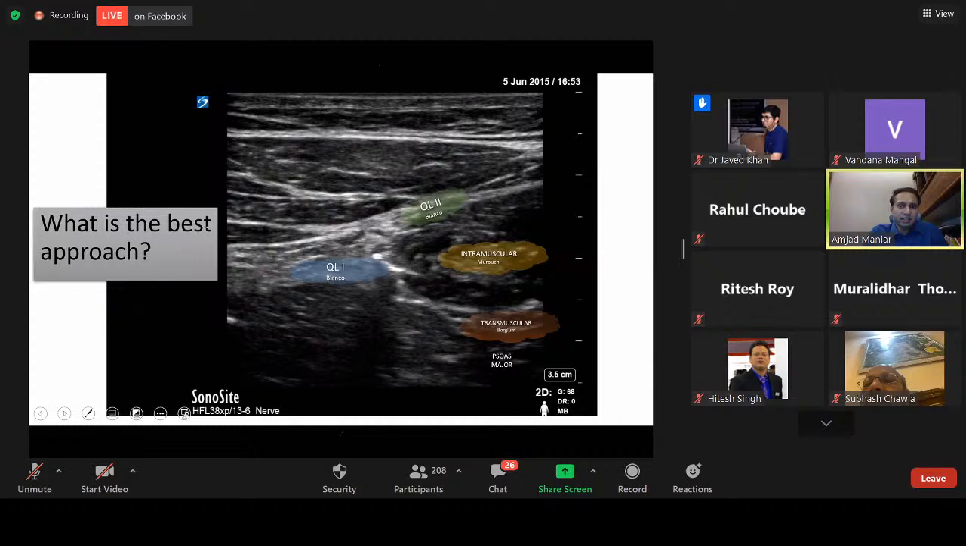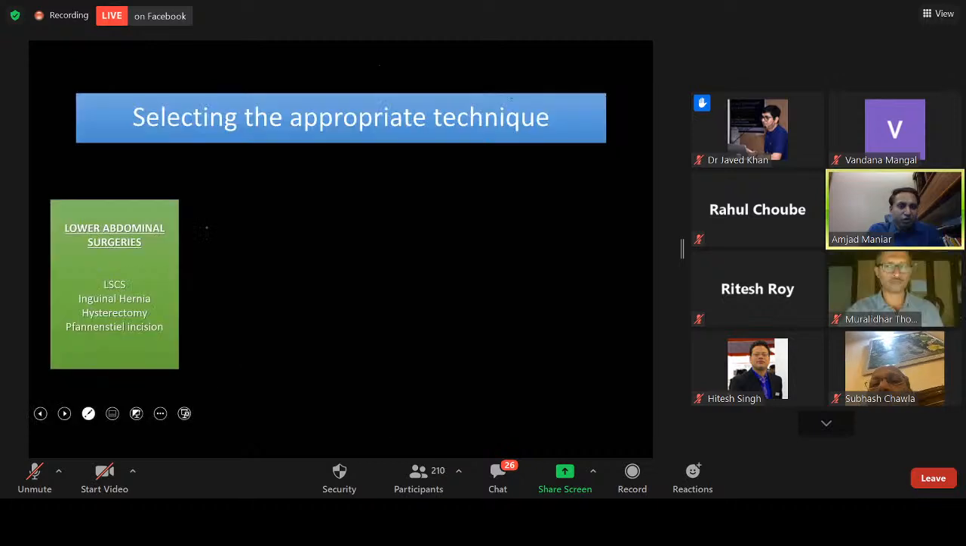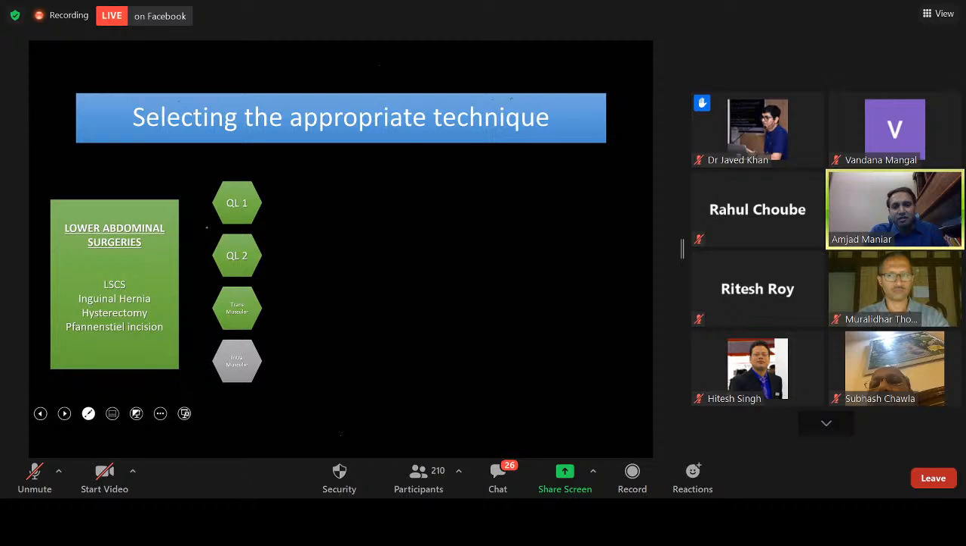So what would you select if you're doing a lower abdominal surgery? Pretty much anything would, since L1 and T12 are very consistently blocked with this block, so you can pretty